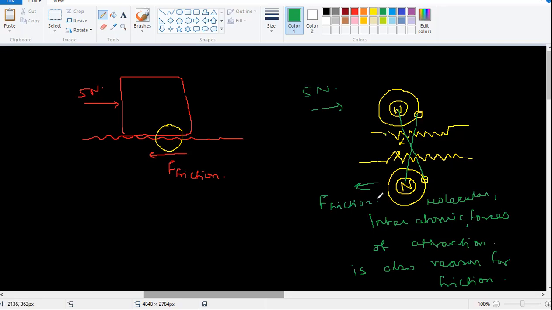Okay. However, friction is somewhat empirical in nature. Anybody know what you mean by empirical in nature? I'm sure in chemistry or somewhere you must have heard the word empirical very often. No answers? So empirical is more like experimental. So basically, based on your observations, you can say.